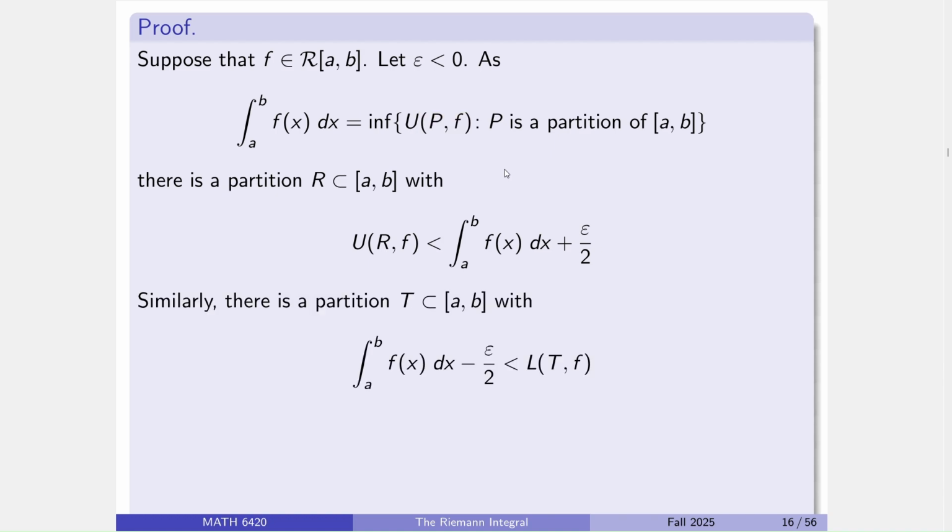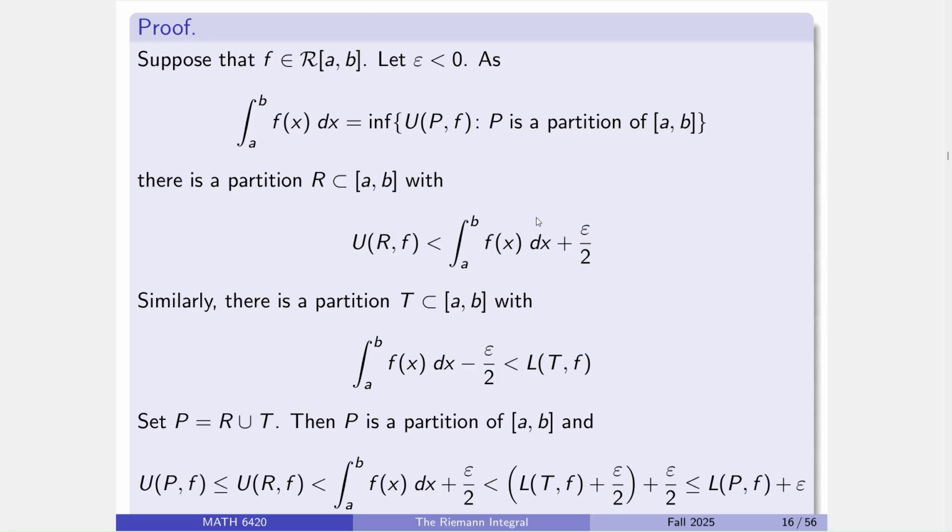And similarly, we can pull the same move with the lower Darboux sums, because the sup of the lower Darboux sums gives me the lower Darboux integral. Alright, and hey, I have two things, so I've got two epsilons, and I have two partitions, and now note the move that we've already pulled. Combining them together gives me a partition that's bigger than both, and making a bigger partition increases the lower Darboux sum and decreases the upper. So the upper on P is less than